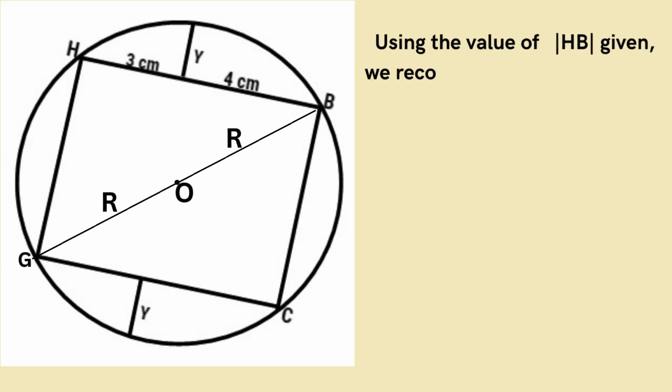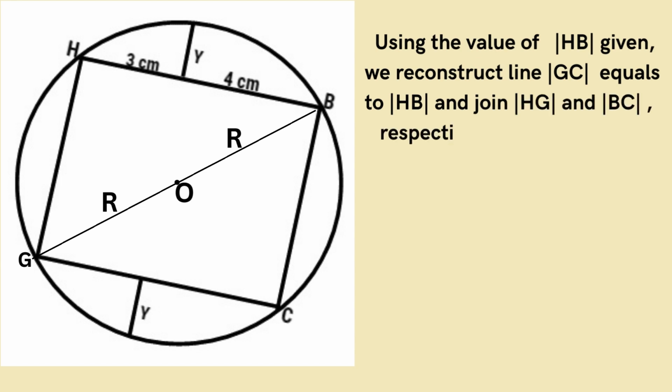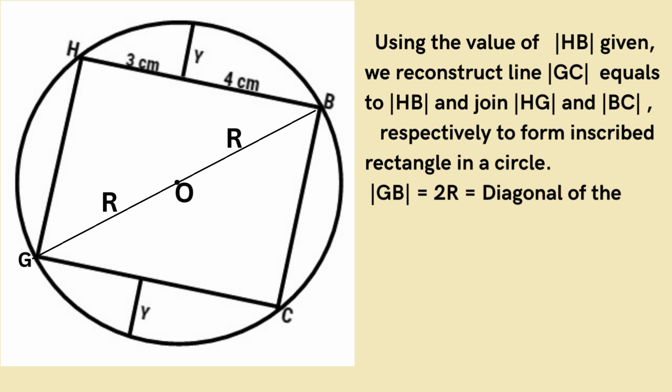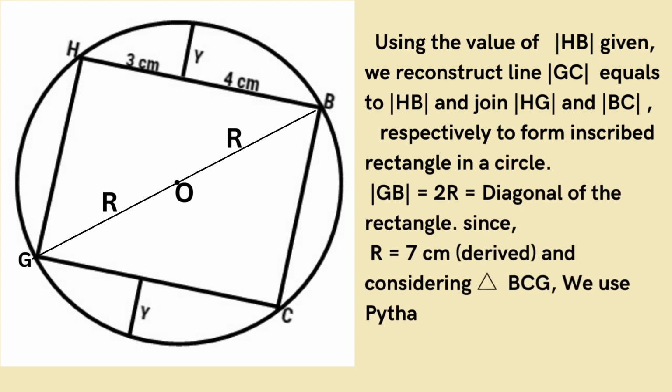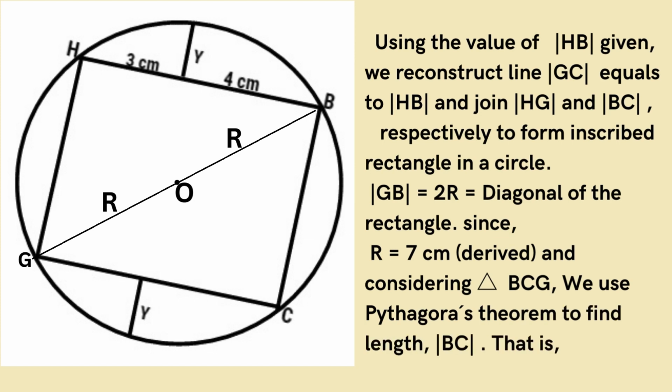Using the values of HB given, we reconstruct line GC equals HB and join HG and BC respectively to form an inscribed rectangle in a circle. GB equals 2r, which is the diagonal of the rectangle. Since r equals 7 centimeters as derived, and considering triangle BCG, we use Pythagoras theorem to find length BC. That is